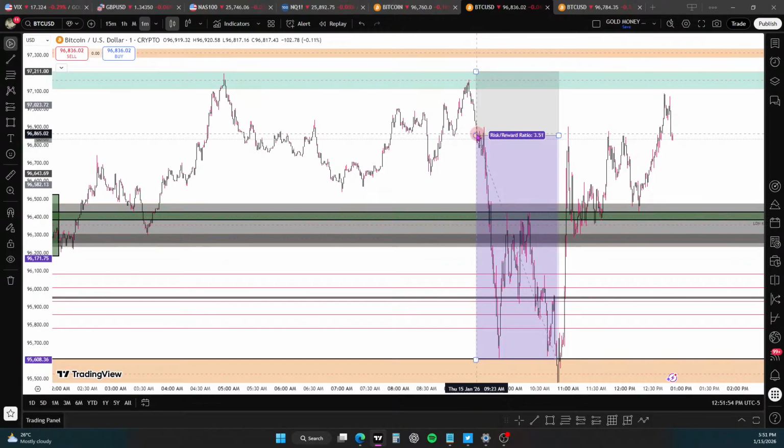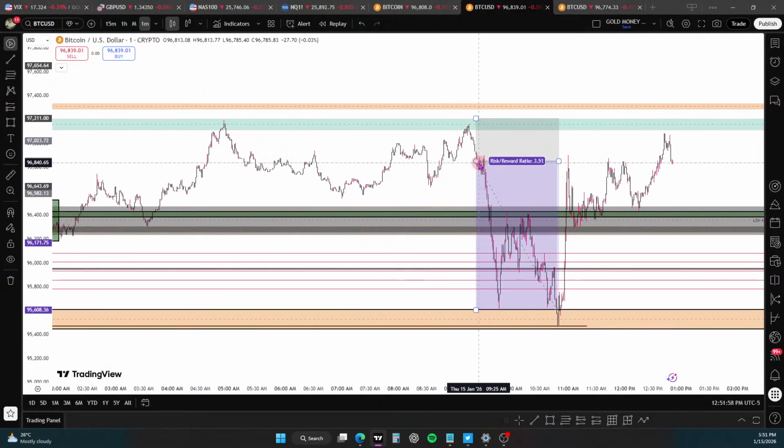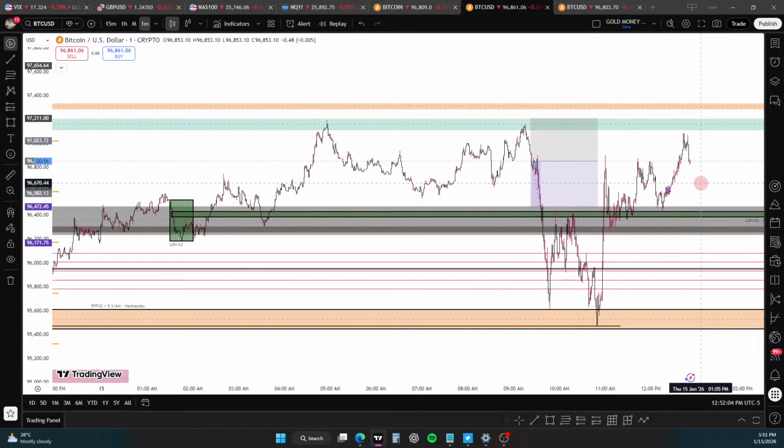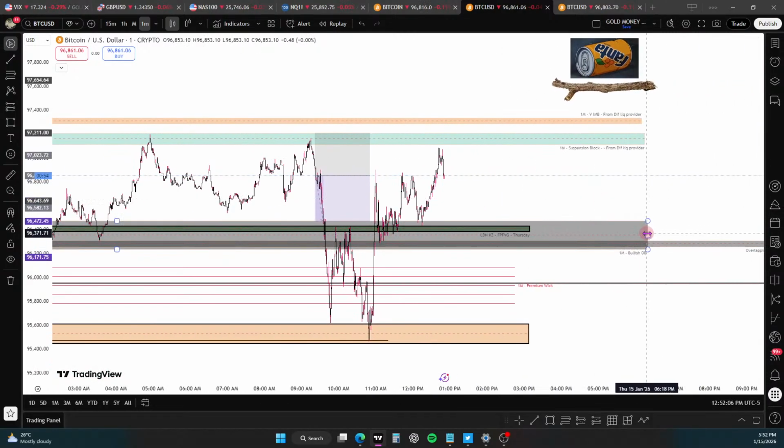So now at this point I think the market's just going to run lower. But where do I think it's going to run lower to? I'm not just entering a 1-to-1. Even a 1-to-1 has the 1 minute bullish order block, and somehow the stop loss is perfectly on the 1 minute bullish. The TP and the stop loss are both on levels that are predefined on my chart.